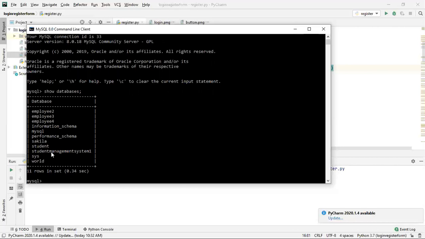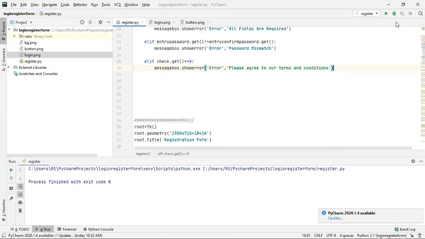The next thing is that we need to use a particular database. I just want to show you the database which I have created for this one.